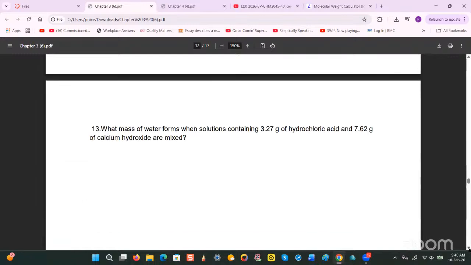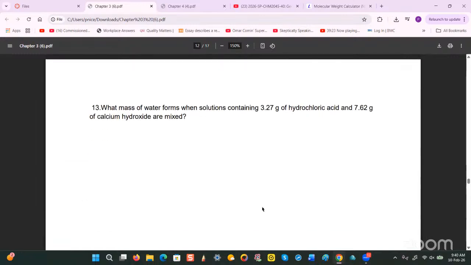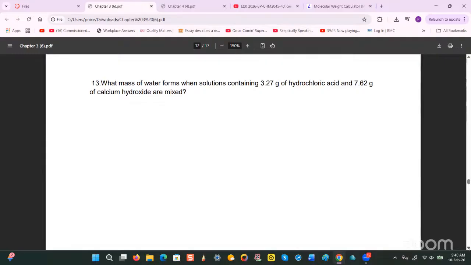Okay, let's see here. Now this one, similar type of problem. The only difference is they did not give an equation. They expect you to figure that equation out. So before you do anything as far as the math part is concerned, that's what you have to do. You have to figure out what the equation is, right? So the question is, what mass of water forms when